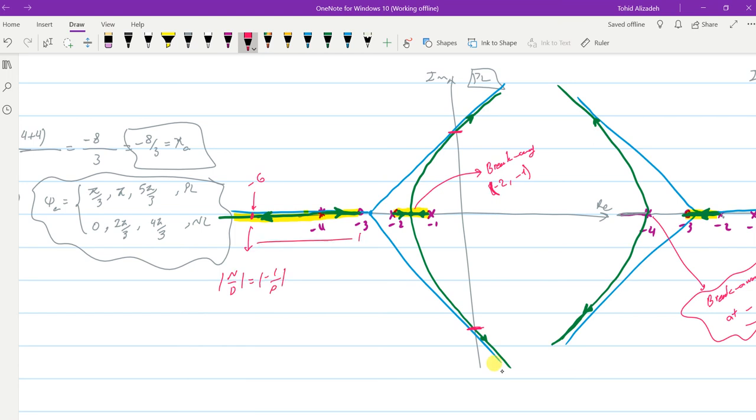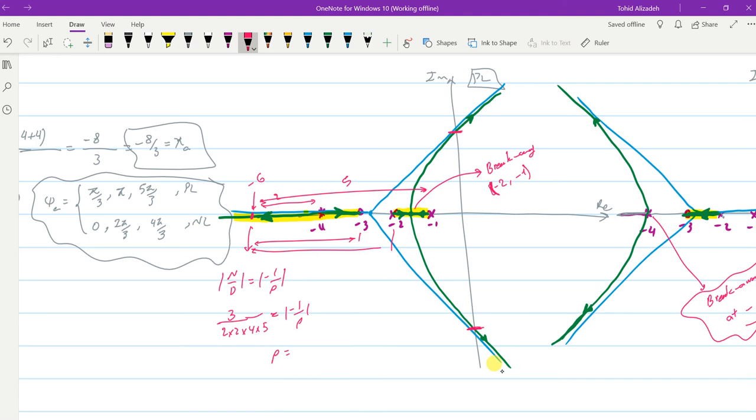Amplitude of n will be obtained by replacing s equal to -6, or finding the distance of the 0 from that point, which is equal to 3. Amplitude of d will be equal to, we have two poles at -4, this is equal to 2, so 2 times 2 times the distance from 2 to there is 4, times the distance from 1 to there is equal to 5, and this is equal to amplitude of -1 over rho,